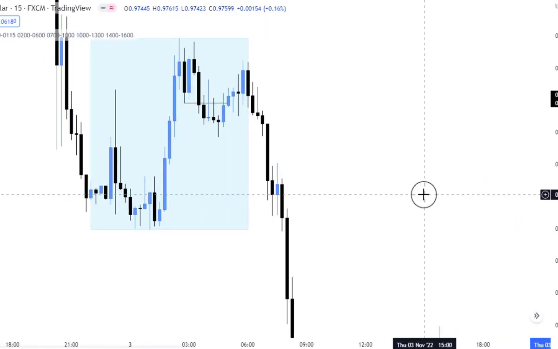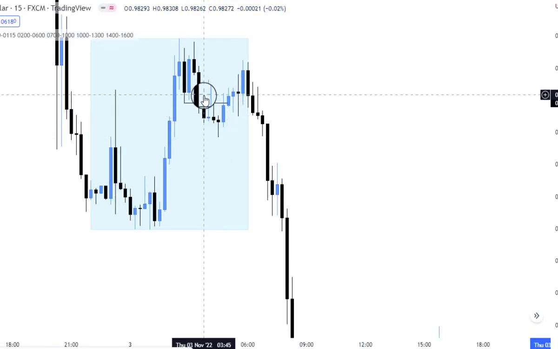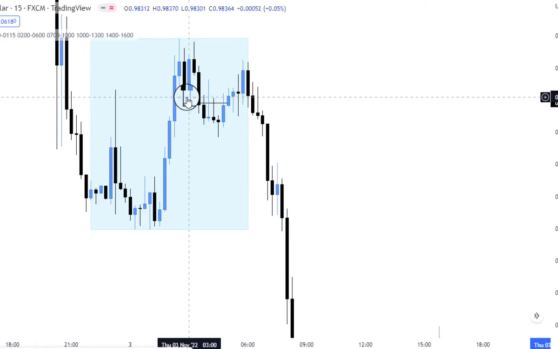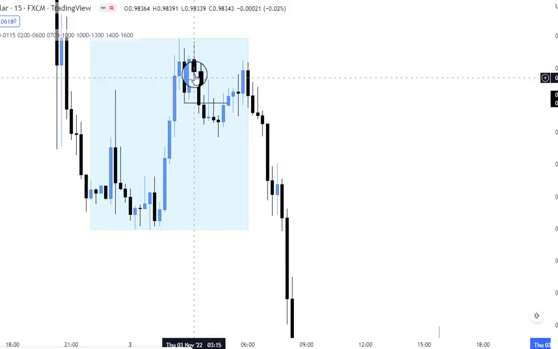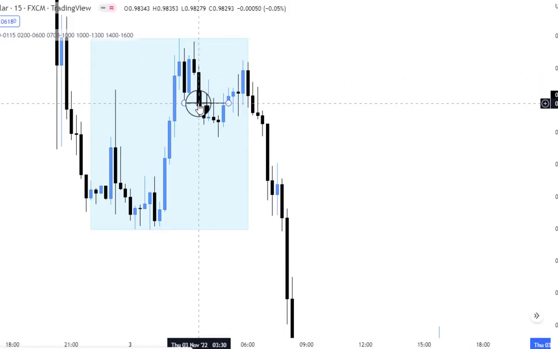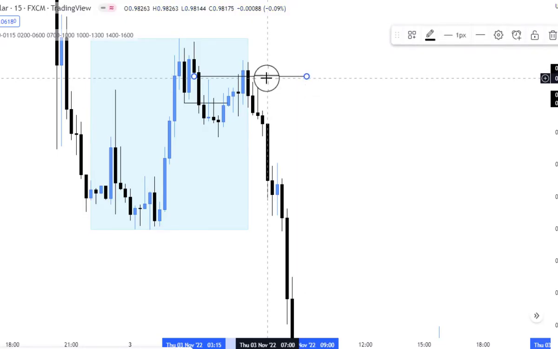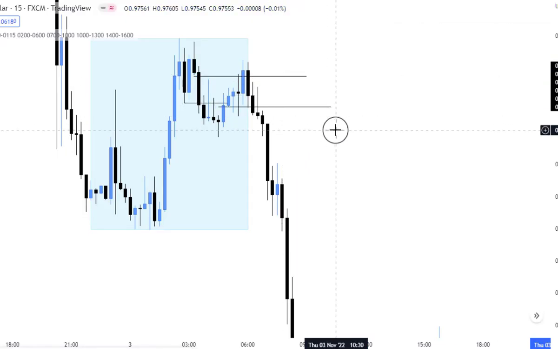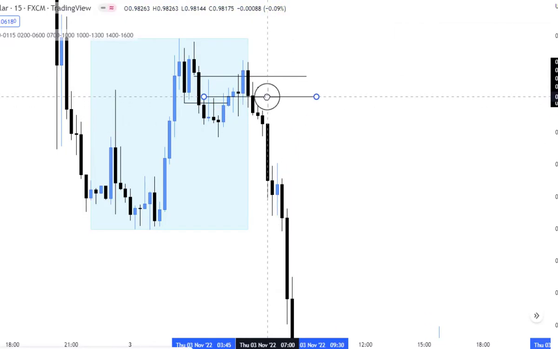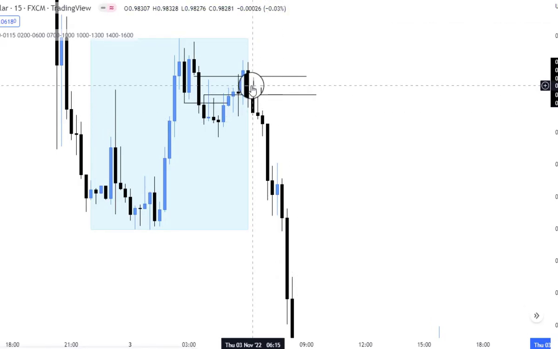Where are we going to sell? We will sell when price returns to either an order block or fair value gap attached to the mitigation block. In this case, you have a fair value gap. So what you will do is just mark out the fair value gap and wait for price to return to that fair value gap. Okay, these are days when you may even miss an entry, because this happened even before